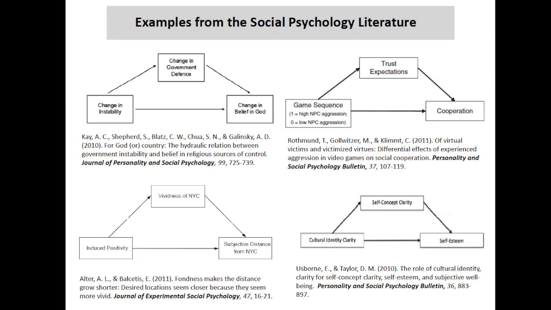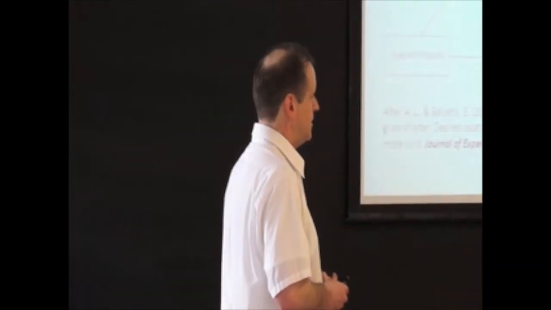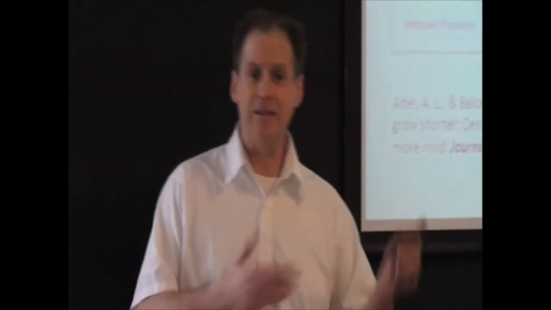And social psychologists are doing this stuff all the time. Content analyses of the social psychology literature show that you really can't read a typical issue of a social psych journal like the Journal of Personality and Social Psychology without encountering at least a couple of these. And in fact, I just did a content analysis of Psychological Science, which is a broad journal for the entire discipline of psychology. And every single issue over a 2-year period had at least one of these kinds of analyses in it, and typically more, as many as 7 in one issue that I found.